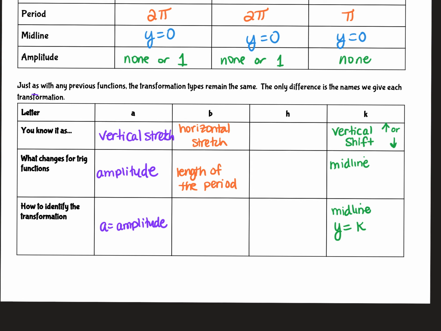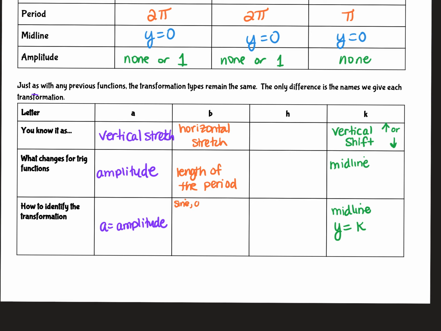So how we find that is just a pretty simple proportion, or ratio, actually. What you're going to do to find the length of the period, because it's not just B, you're actually going to have to take whatever the default period is. So for sine,